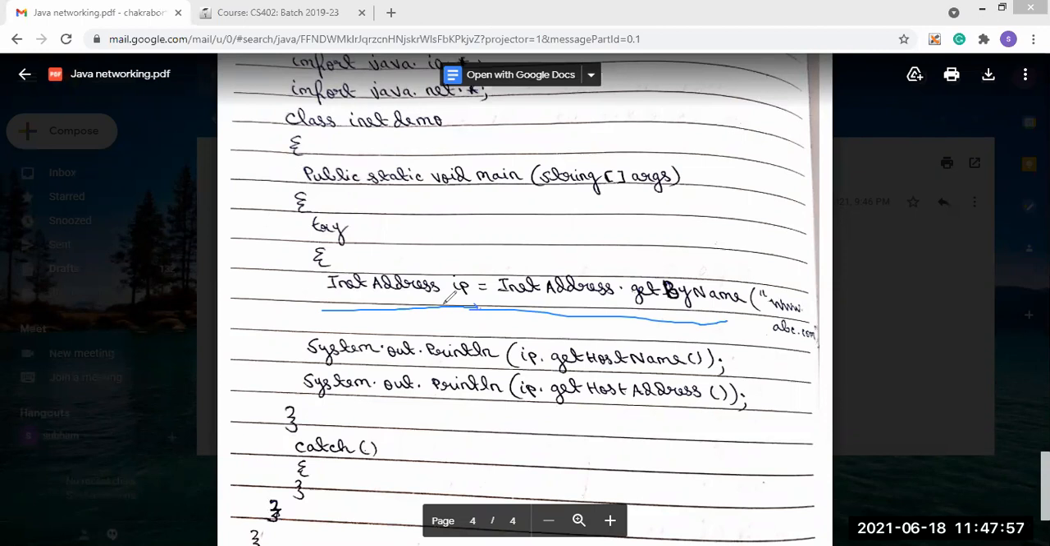The java.net package. Now we are importing the package, and for this reason we can create objects of the classes present in the java.net package in our program. So what